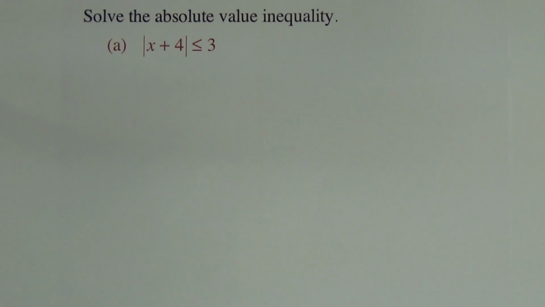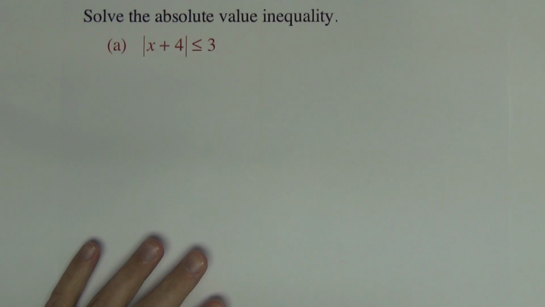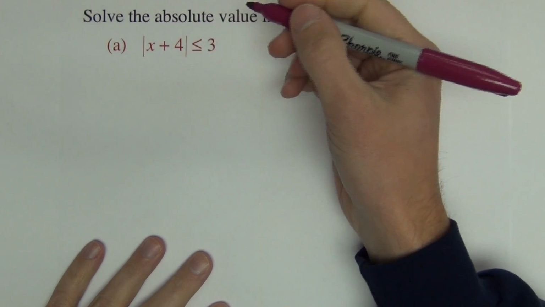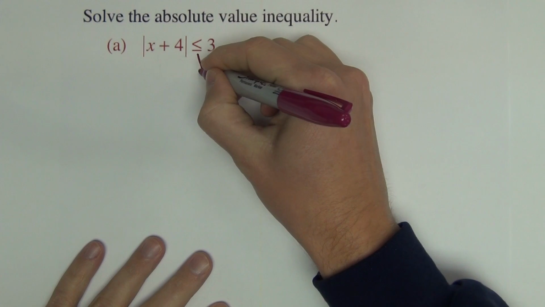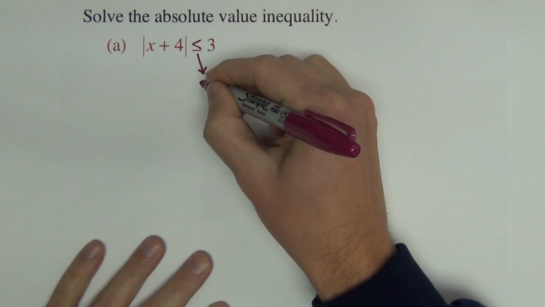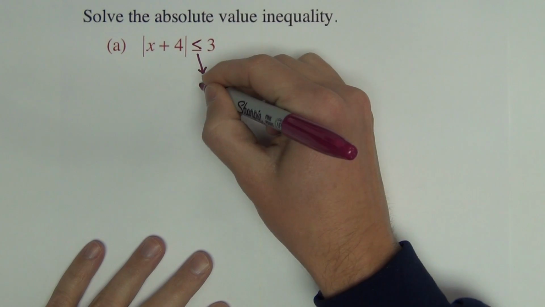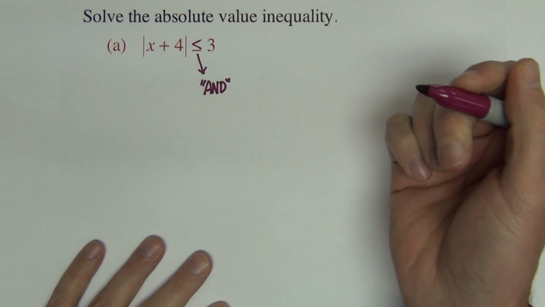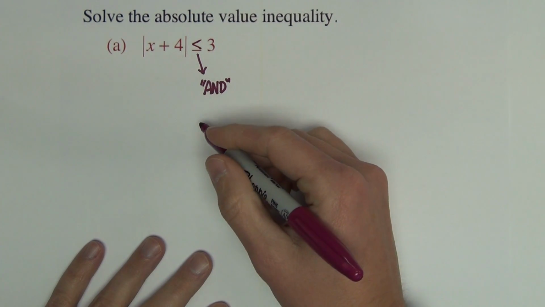Alright, the first one, absolute value of x plus 4 is less than or equal to 3. Whenever you're doing an absolute value inequality and you want to do it algebraically, you need to know that the less than symbol interprets as an and compound inequality. So I'm going to write this as